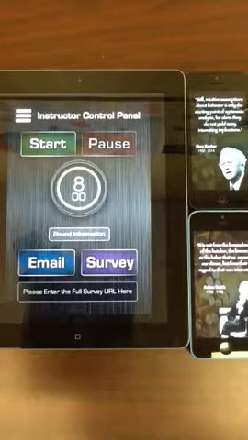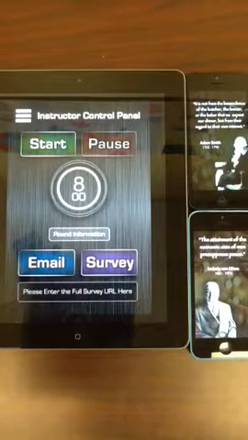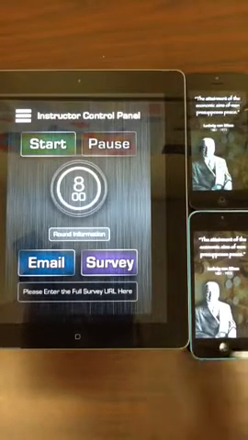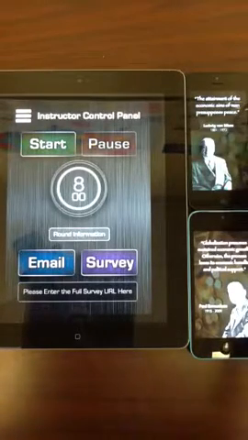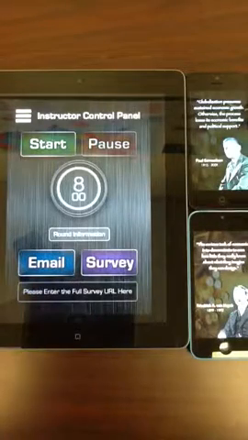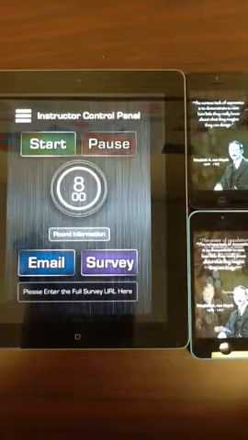I'm going to show you how to navigate the Instructor's control panel, which I have displayed on the iPad because it's just easier to record that way, but you can do the same features and the same operations with the iPhone. I have a buyer and seller on the right connected to the server waiting for the first round to start. First I'm going to show you some of the features that are available